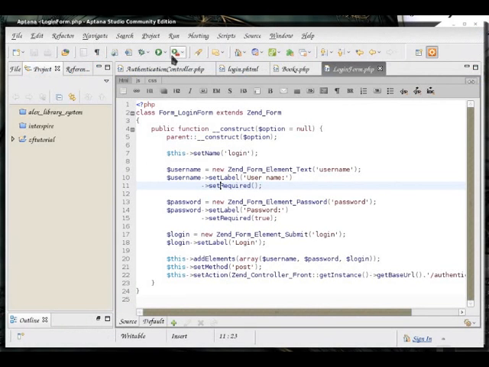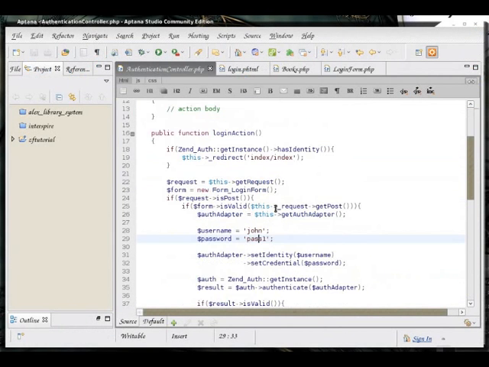Okay, so now we need to get the Zend auth to get the username and password entered by the user. For that, we need to get the form's content.